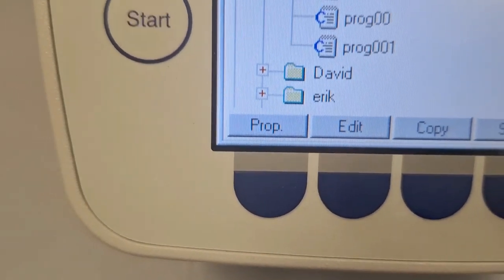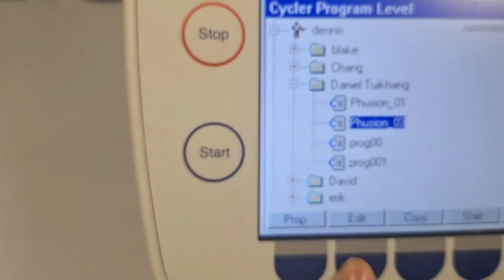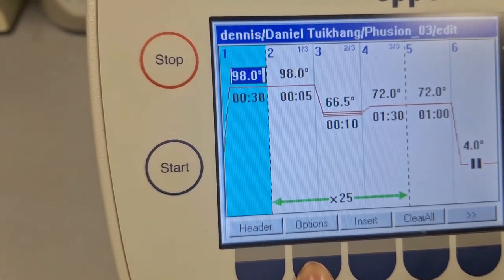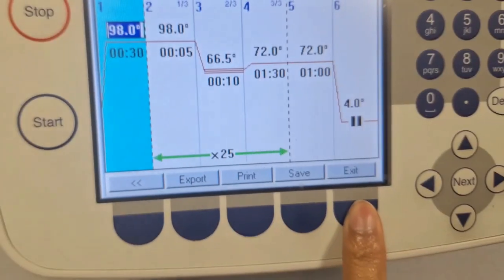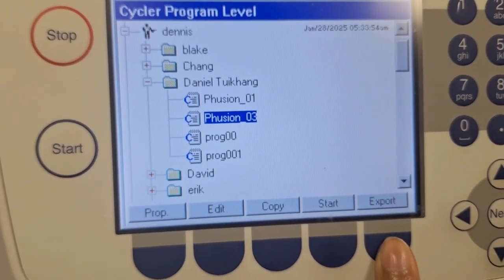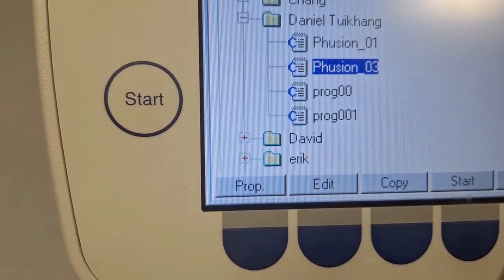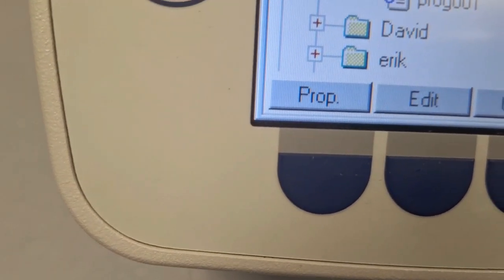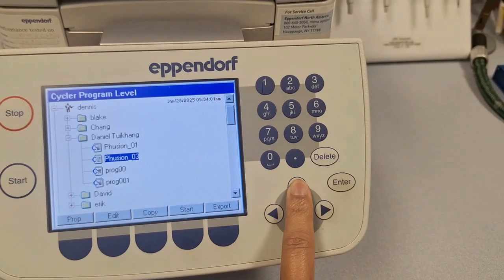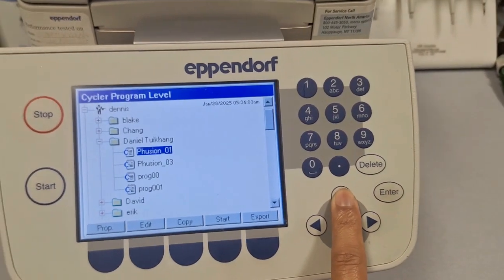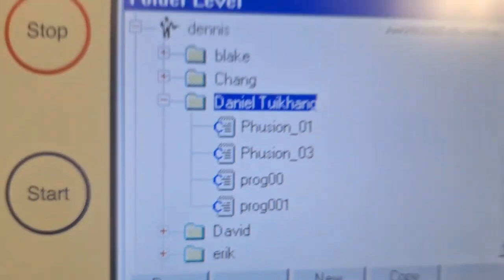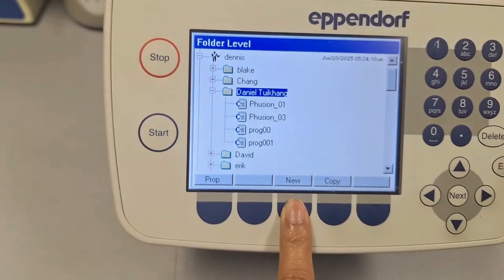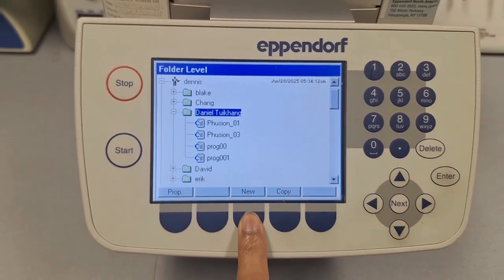Then you can change the property, you can lock your program, you can lock and then options. You can still set up your program name. Then once you're complete, you can save. If you want to create a new program, then you go back to the Daniel account folder. Then the new option will appear. Click on new,